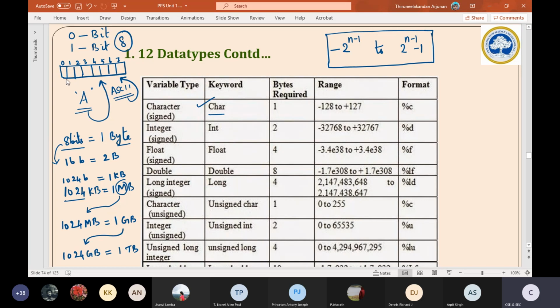Remember this, 8 bits. So it will allocate 8 memory locations. If we are trying to store a single character, 8 memory locations will be used for storing it.